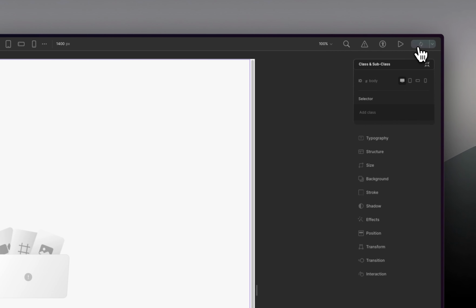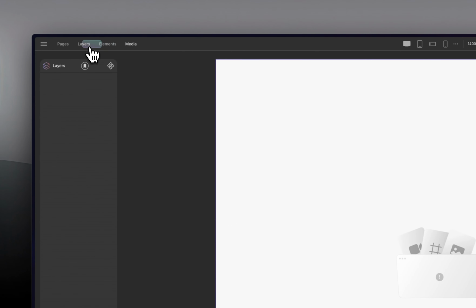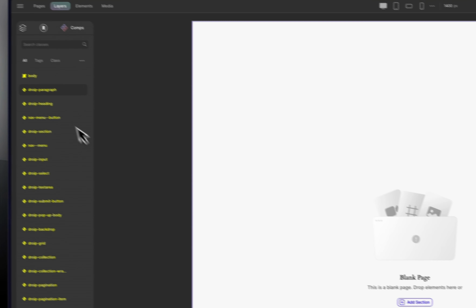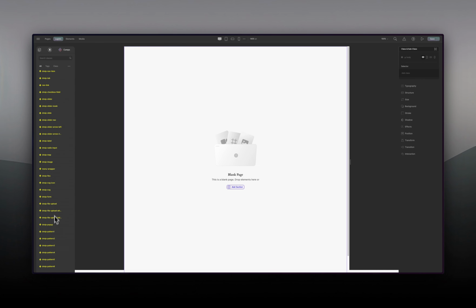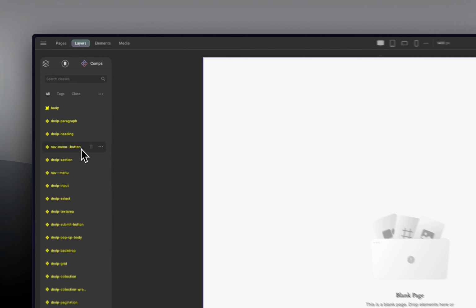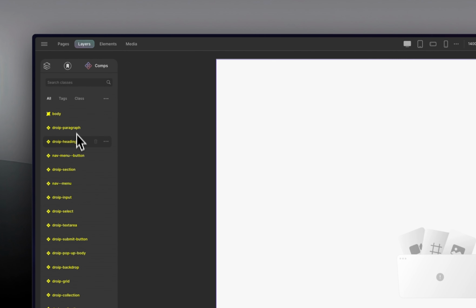So delete it, and then I'm going to save, and then I'll go to layer, go into component, and every class that I created, I want to clean it up. So every class that I created that I don't want to use, everything has been cleaned up. So these classes over here are classes that you cannot remove. So that is fine.